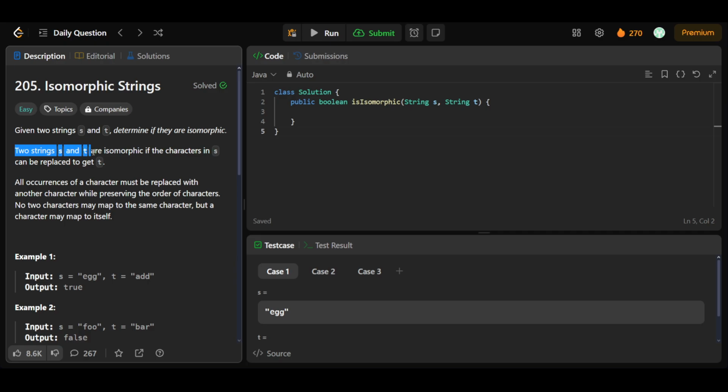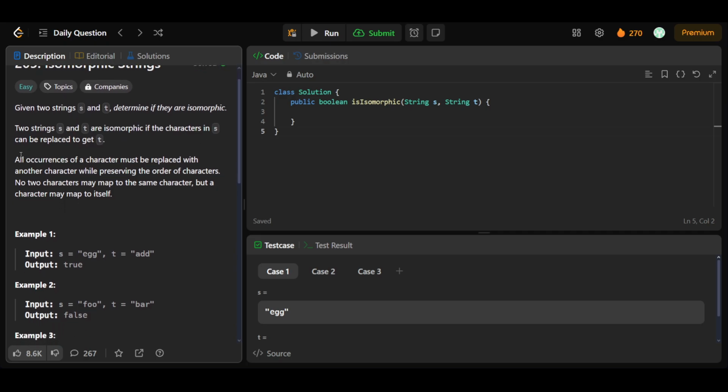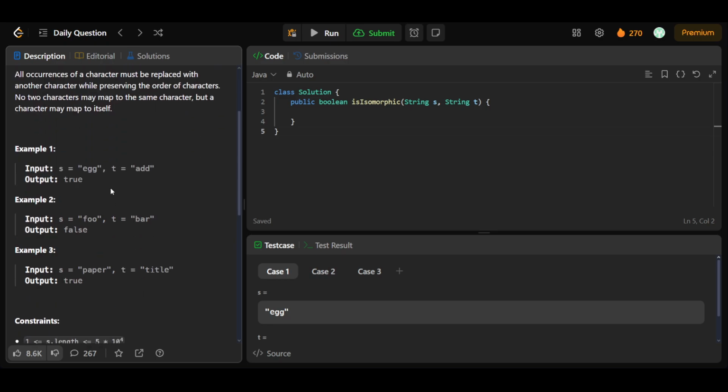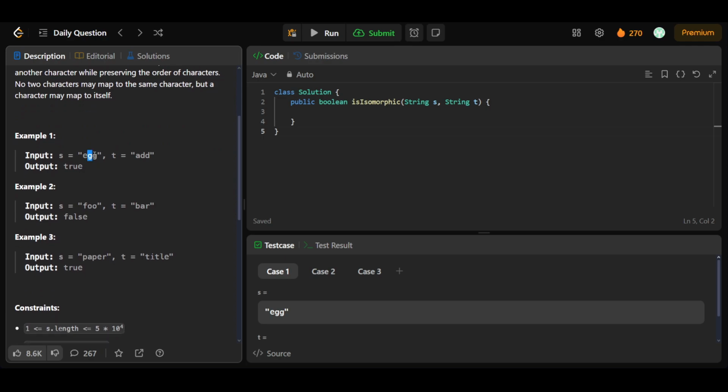Two strings S and T are isomorphic if the characters in S can be replaced to get T, and all occurrences of characters must be replaced with another character while preserving the order of characters. No two characters may map to the same character, but a character may map to itself. So for example, we are given egg and add, and it will return true because these are